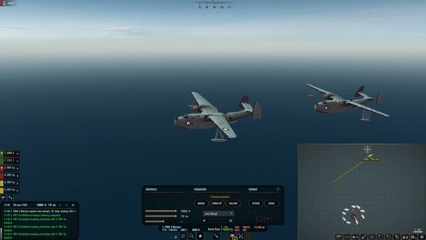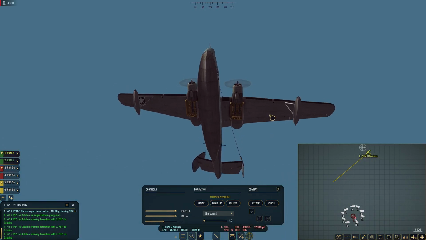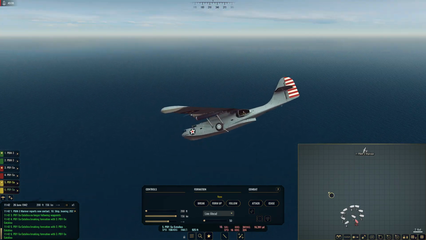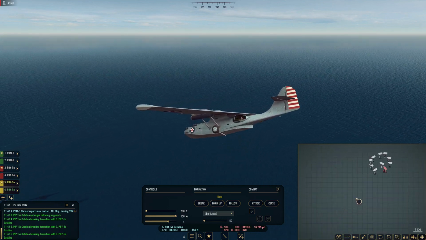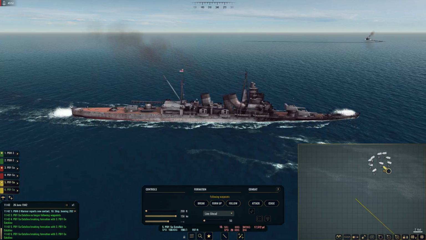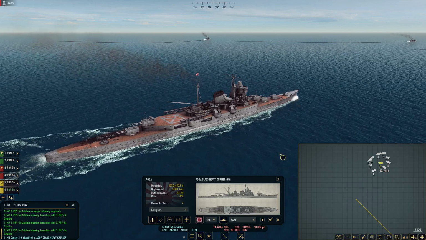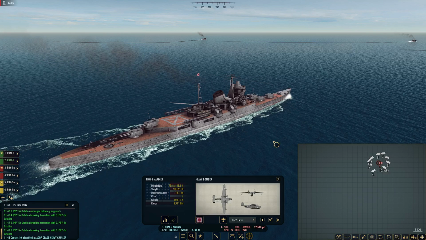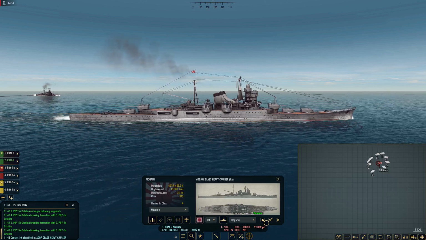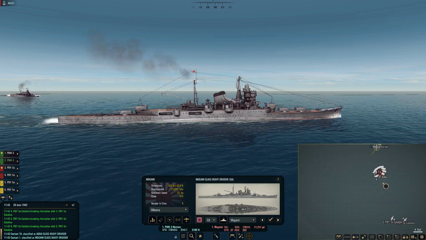Now, manually bombing, you do want to have your bomb bay doors preemptively open so that you can actually hit. Again, what's the position of these guys? Send them this way. Let's go back to this here. Those are our two targets. I'm going to eventually send these Catalinas after them. I'd kind of like them to